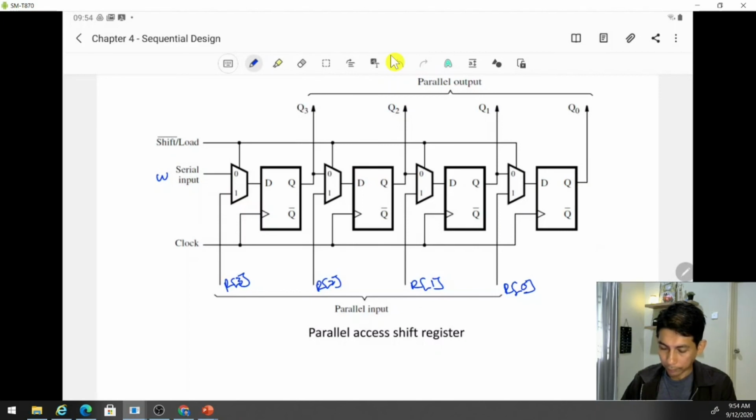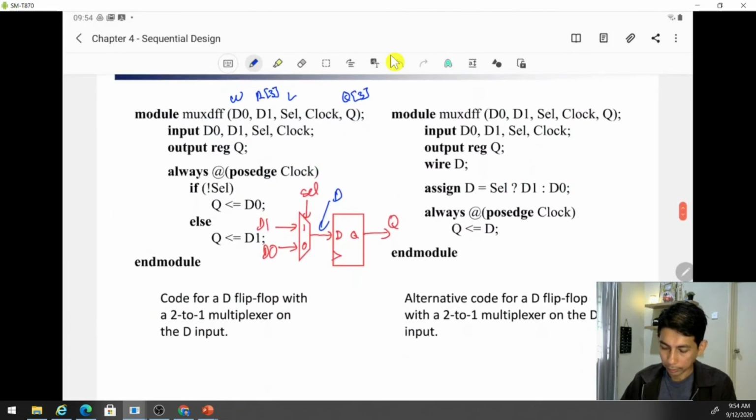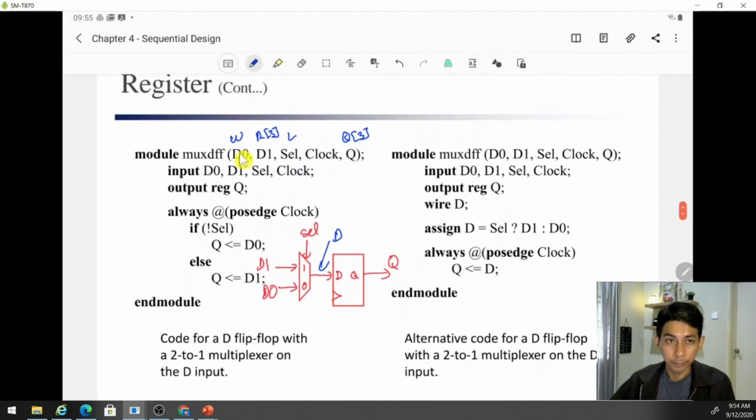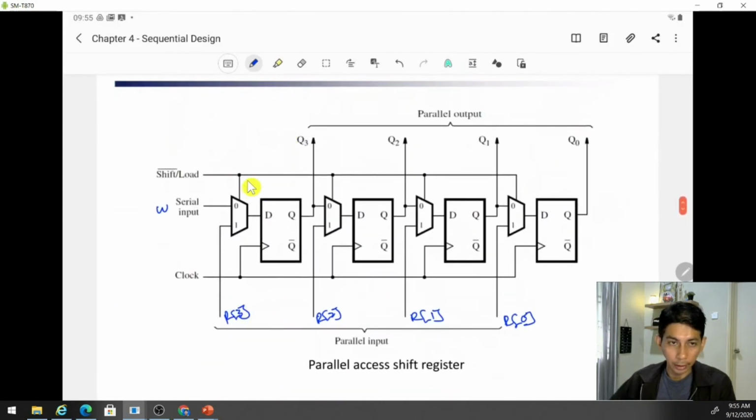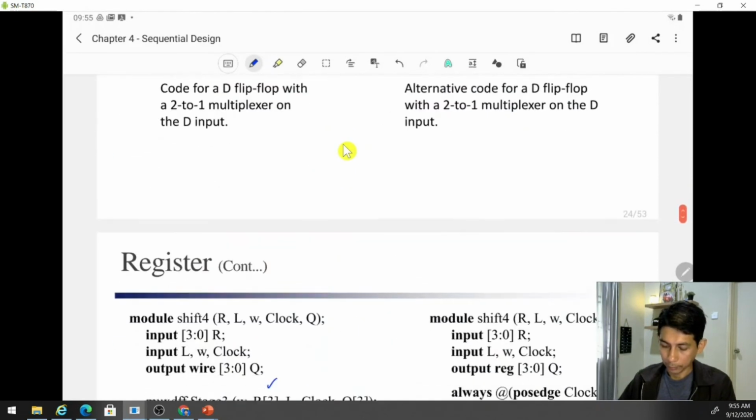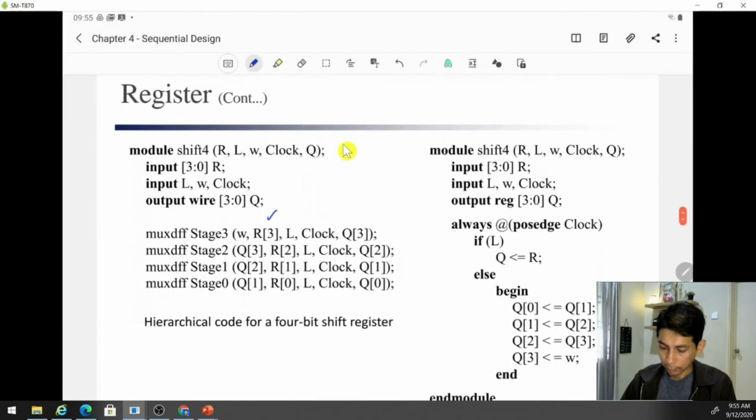So if the load is 0, the input is W, D0, W, and R3. If load equals 1, it is R3 and R3, this one, and the load and the Q3. All right, so that is the first flip-flop, the second one, third one, and last one. So you can try to do this,